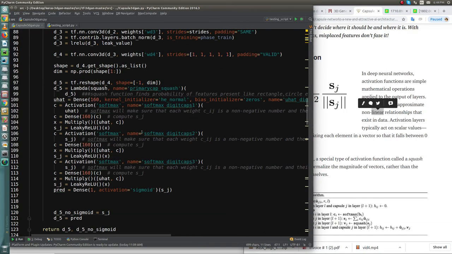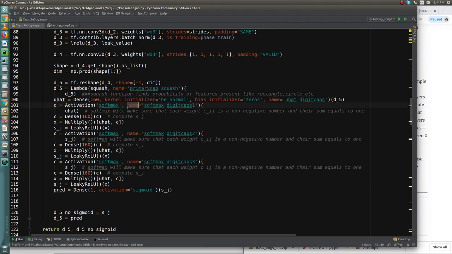But the task of this squash function is to make sure that each weight in the input matrix is a non-negative number and their sum is equal to one. The squash function finds the probability of whether a feature like a rectangle or any type of shape is present or not. After the primary squash, we apply a dense layer. The dense layer is a simple architecture and gets the u-hat and then the output matrix.